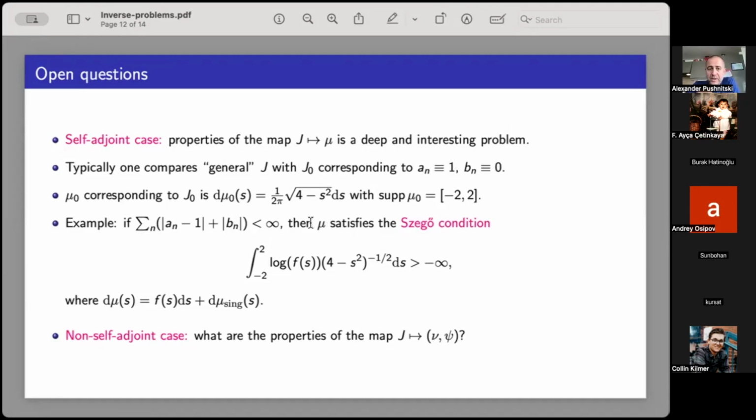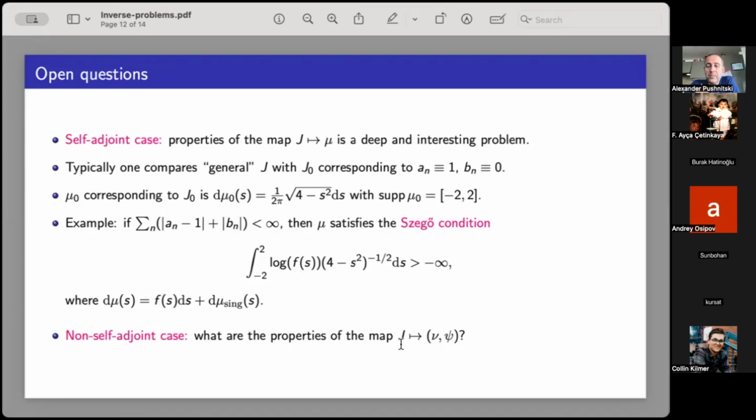So in this case, take this measure mu corresponding to the Jacobi matrix J. It will have some absolutely continuous part, which we will write like this with the density F, and the singular part. We throw away the singular part, and the absolutely continuous part turns out to satisfy this condition called the Szegő condition. So this basically says that this density F cannot vanish too much. So anyway, the fundamental question is what are the relations between spectral properties of J and the measure mu? And of course, in the non-self-adjoint case,